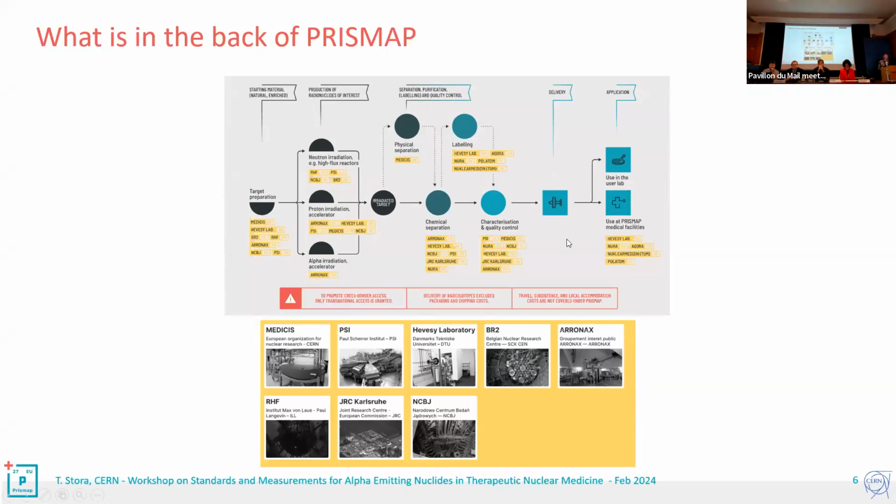Delivery: we are proud to demonstrate that if you used a small aeroplane last year from Geneva, you can go in less than 4 hours door to door to Copenhagen, for instance. So when you have 4 hours or 7 hours, or let's say less than 24 hours half-lives, you can actually travel across Europe with a radionuclide so that you don't lose too much. So here,